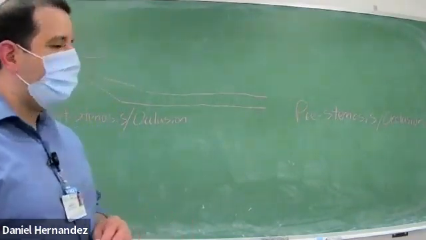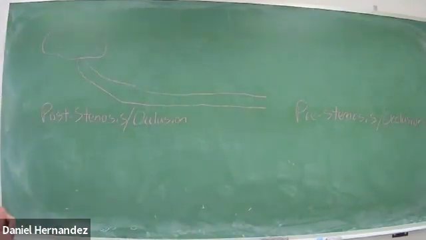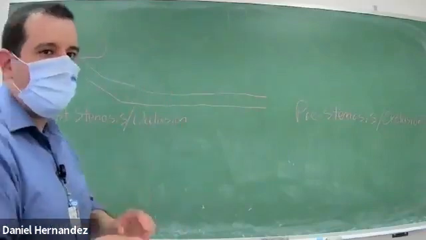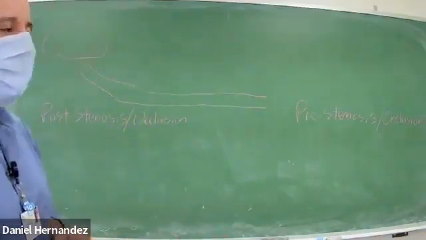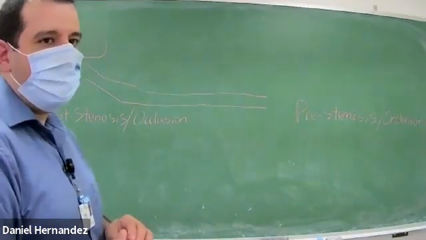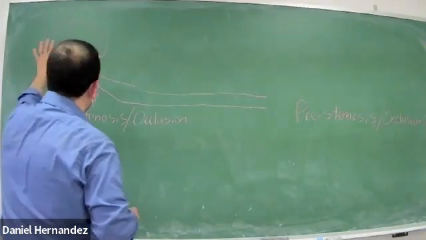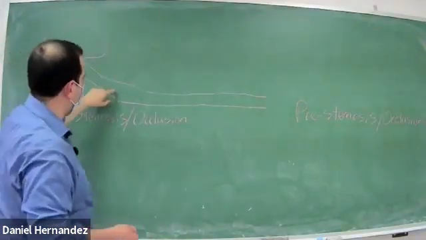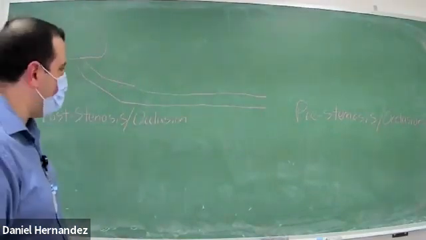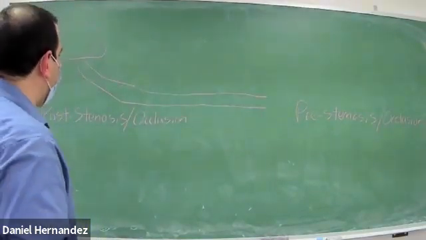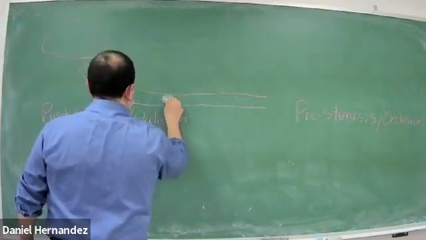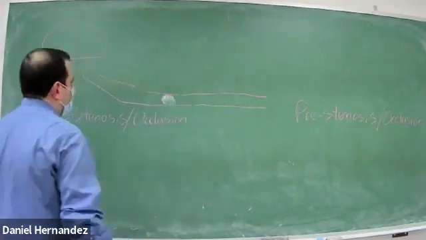pre-stenotic versus post-stenotic waveforms, because I feel like as a class as a whole, we didn't really grasp this concept well enough to understand what a waveform will look like pre-stenotic versus post-stenotic. So I drew on here a picture of a brain. So this is a blood vessel, one of our blood vessels going to our brain. It could be ICA, vertebral. And if I were to put a stenotic lesion or an occlusion in this vessel here, getting up to the brain,